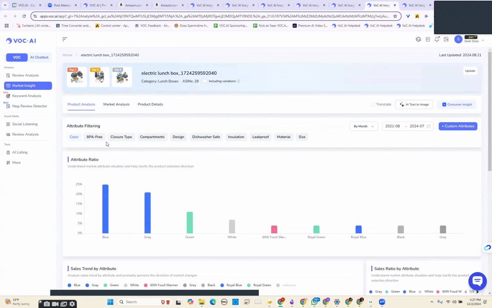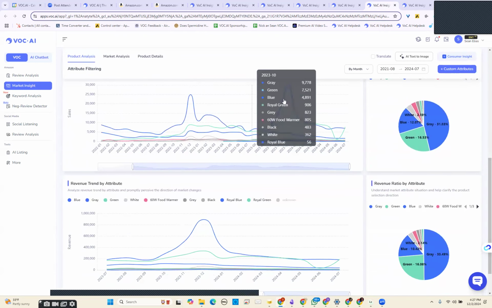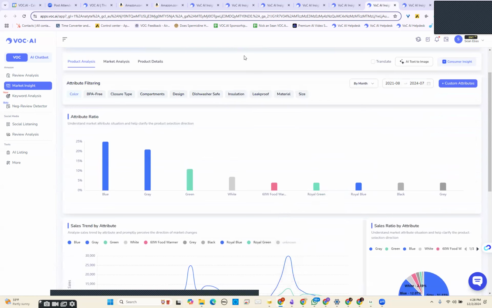Sean, can I stop you just there to ask a quick question? Sorry to interrupt. I just want to make sure we understand this properly. So on the bar graph that you had on the top with the different colors, blue is around 25%, gray is about 22, green is maybe 13, 11%. And then when you go down to the sales trend by attribute,